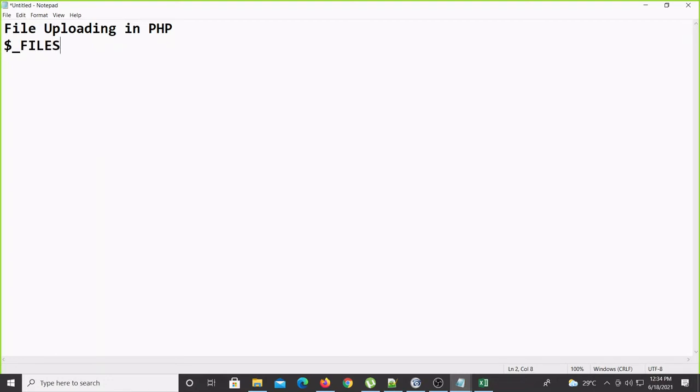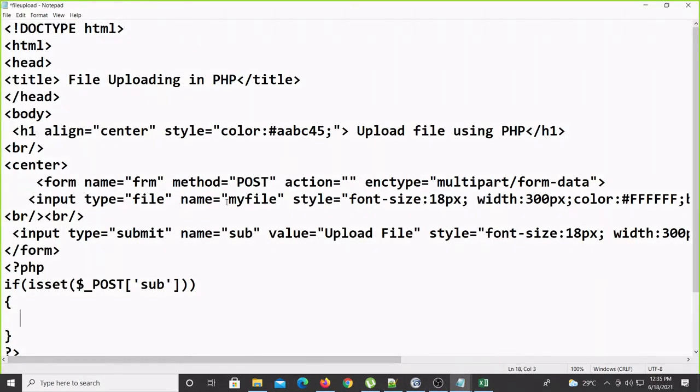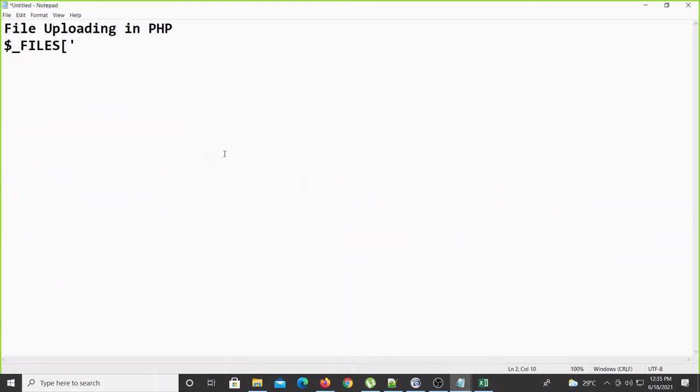Files is capital only, and then give the file name, whatever your file name is. Suppose in our code the file name is myfile. In that case we have to write myfile, single quote close, then close this one, and this is the name of the file, so we have to write this.